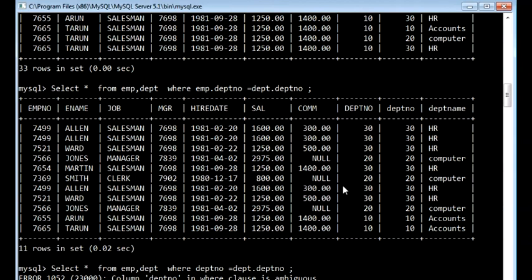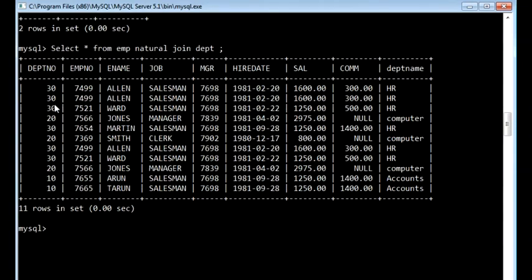But when coming to your natural join, you can see the department number only 1 time. The common column in both tables is considered as 1 column, and wherever it is equal, its respective record is fetched and displayed. So this is how a natural join works.